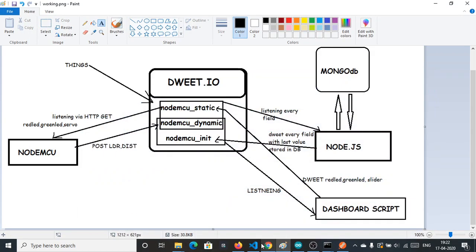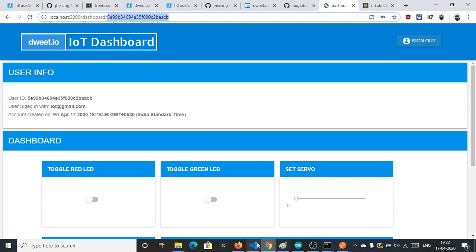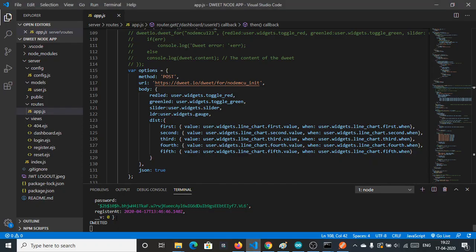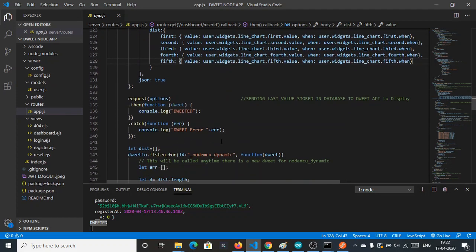As you can see here, this is the console.log. We send the last value stored in the database to the API to display our data. We are basically using it for initializing our dashboard.